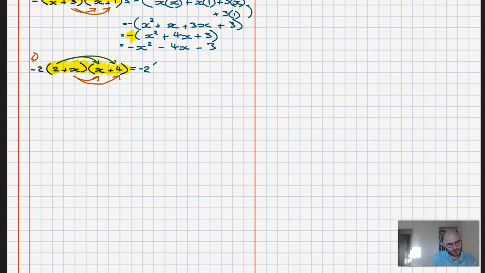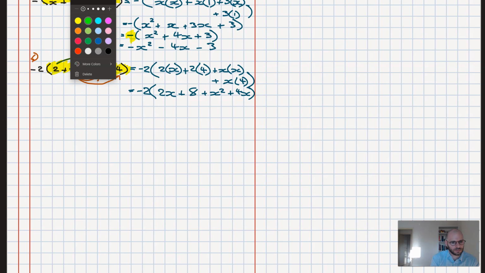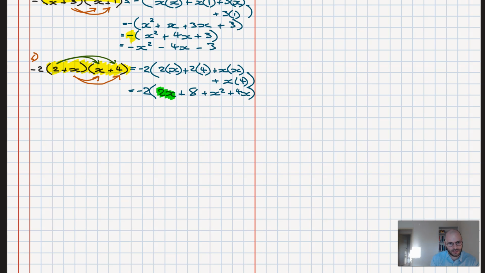Expanding that out, we've got 2 times x plus 2 times 4 plus x times x plus x times 4. Simplifying, we're going to get 2x plus 8 plus x squared plus 4x. Then collecting like terms, we've got the 2x here and the 4x here. We'll get 6x plus 8